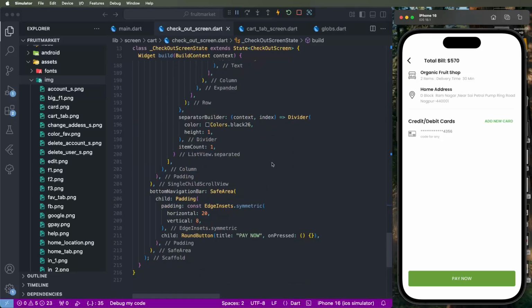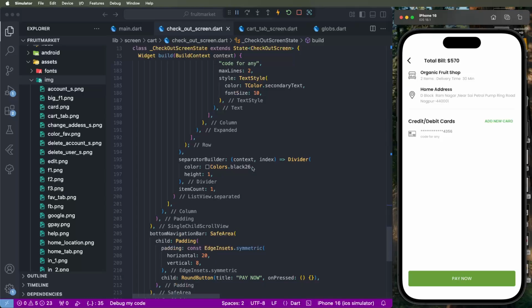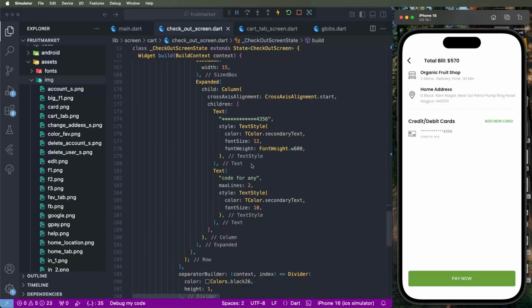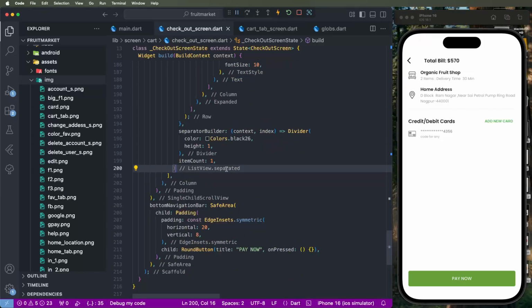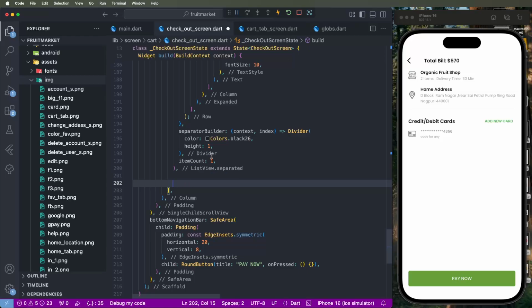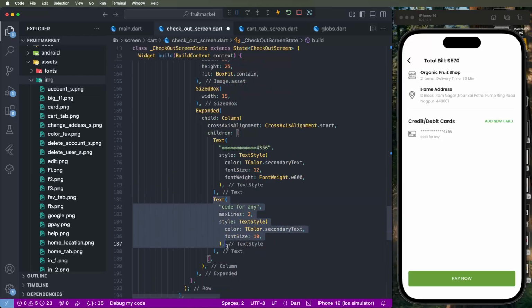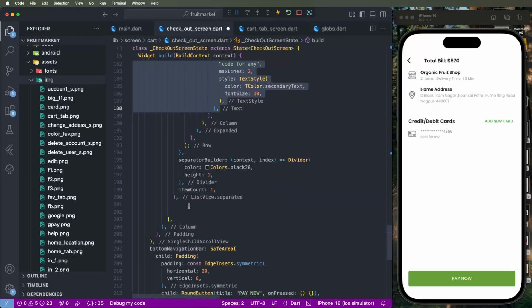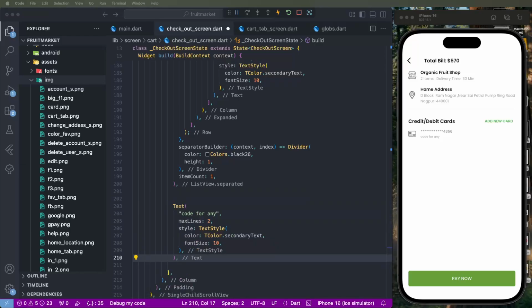We need to put it here, and after that create another one after the list. We need to create the text titles here, and put again something like "Save and pay via cards". We need to set the maximum lines to one here, and we need to create